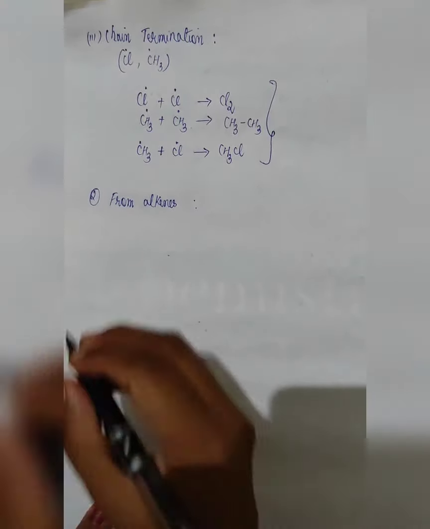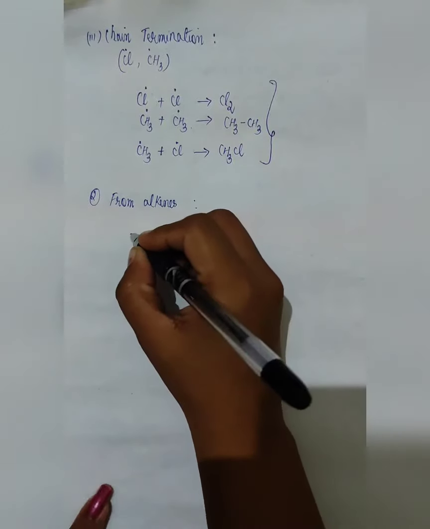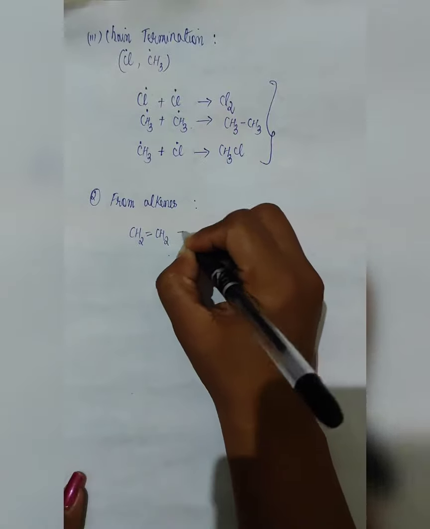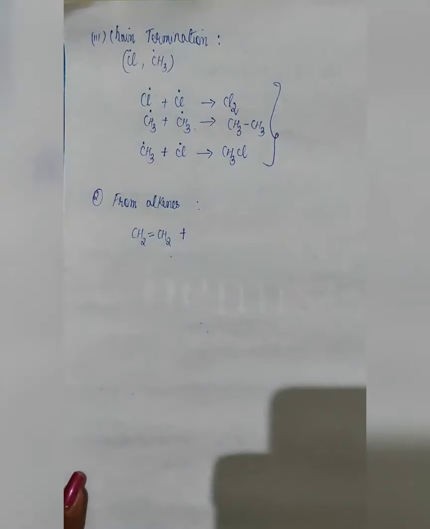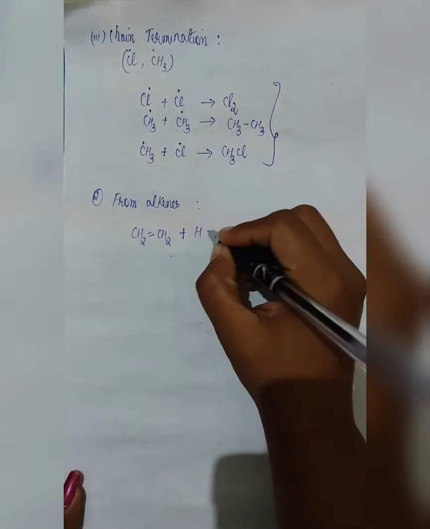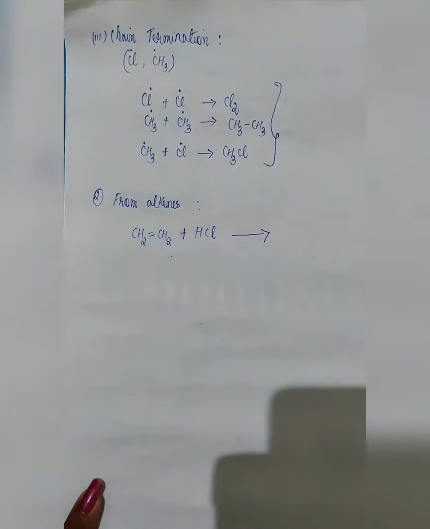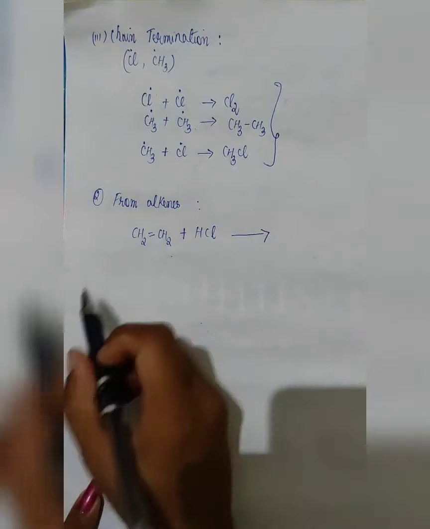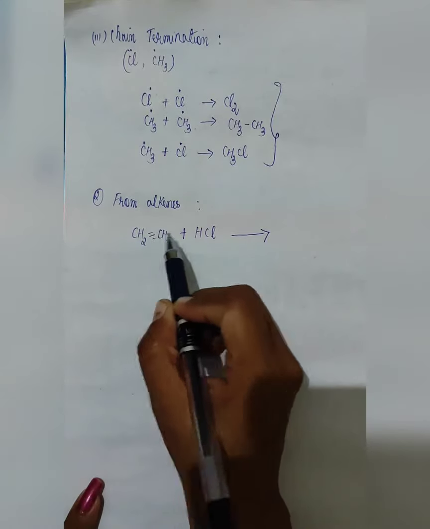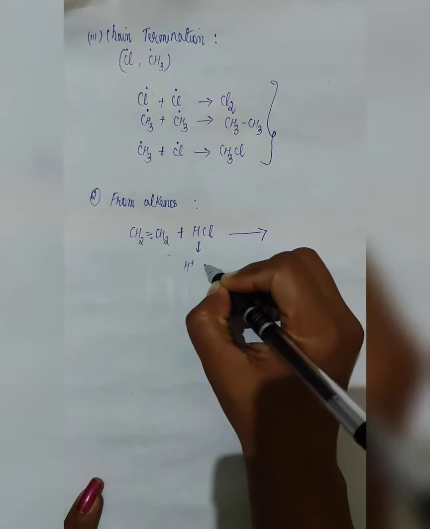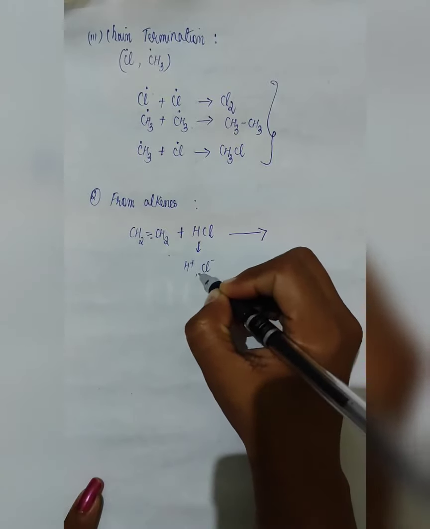Now here, from alkene, that means double bond, let us take ethene, CH2=CH2. Alkene can be treated with halogen acid to give haloalkane. We will take any halogen acid. Let us take HCl, the most common one. It gives... Now here, addition will take place across the double bond. This HCl will break down into H plus and Cl minus.